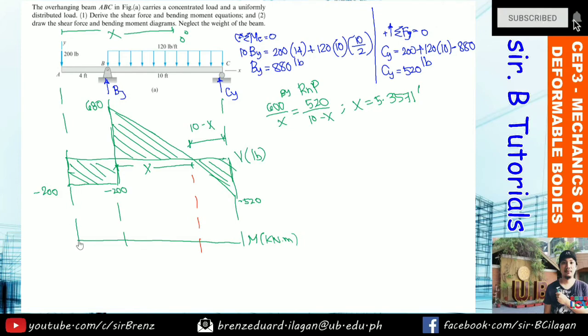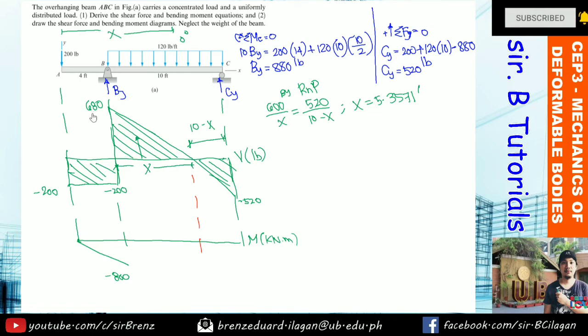So here, let's start at 0. This is on the shape of a rectangle. So negative 200 times 4, that will be negative 800. So 0 degree, magiging first degree lang. Ayan, so negative 800. And then next, since nasa taas siya, from negative 800, idadagdag natin ang area